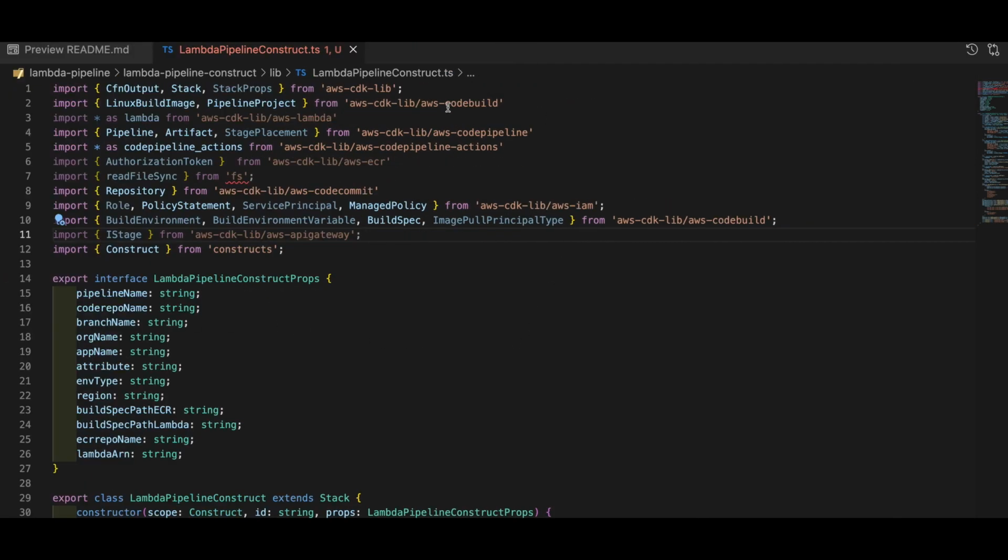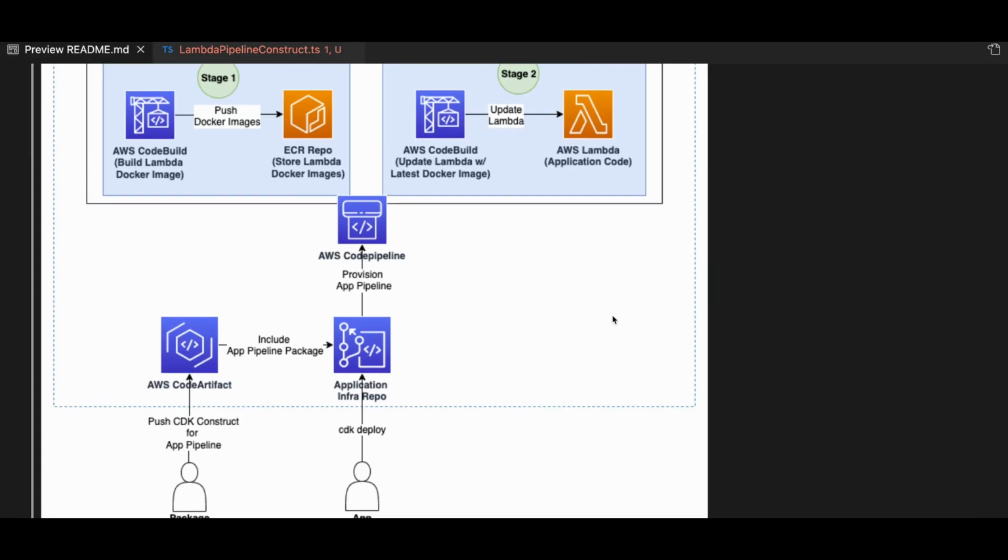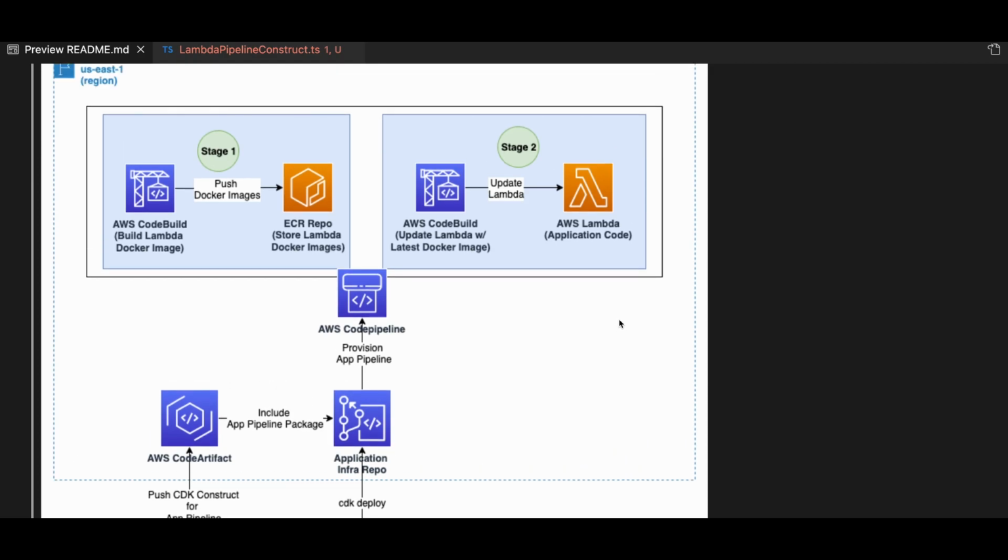So I am including a code build library and a code pipeline, and I'm adding code pipeline actions, an IAM role, and the rest of the environments. All right. So before I explain how the pipeline was created, let me explain what is going on in the